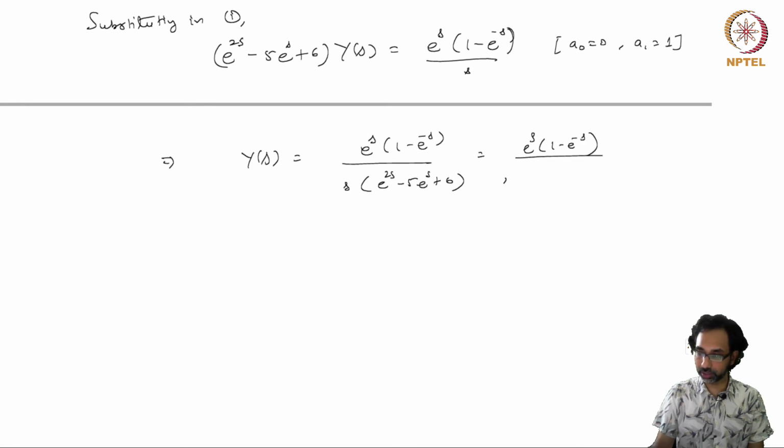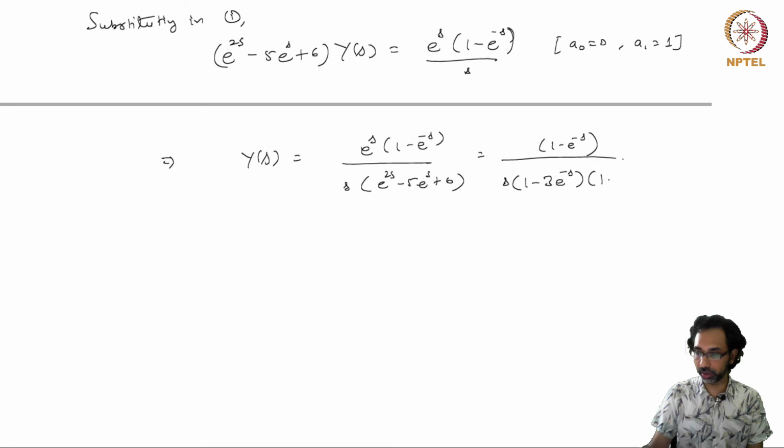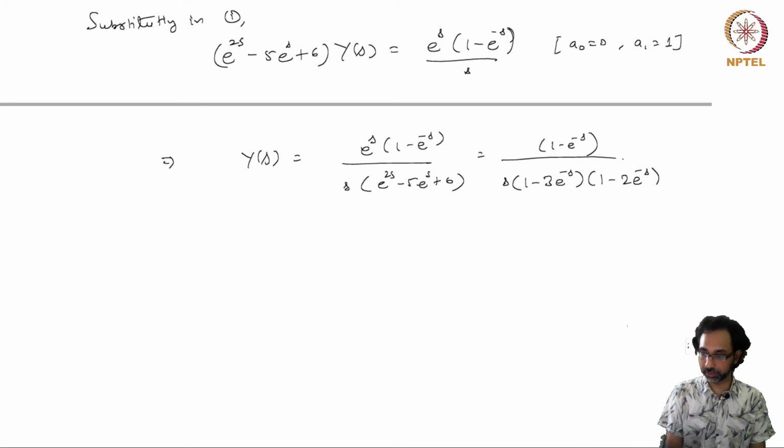It can be written as (e to the power s minus 3) multiplied by (e to the power s minus 2), and now I am going to take one factor of e to the power s from the numerator downstairs. So this can be written as 1 minus 3 e to the power minus s, 1 minus 2 e to the power minus s,